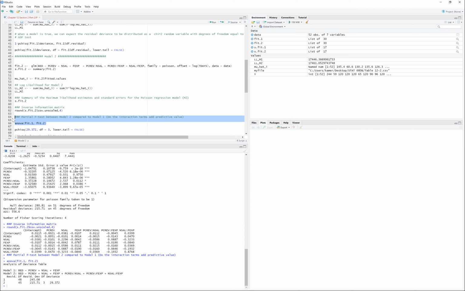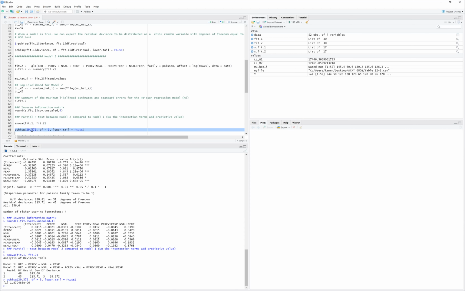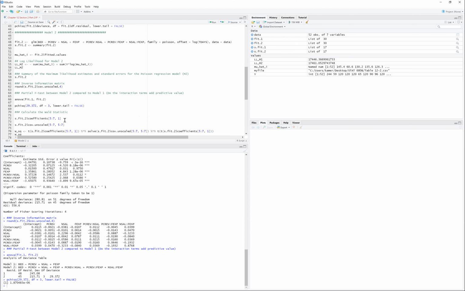We have 3 degrees of freedom, right? And so our p-value is very, very small, which means that the interaction terms are jointly significant, meaning that they add predictive value compared to a model where we just have the main effects in the model. Okay, another thing that we could have done is we could have used the Wald statistic for these three